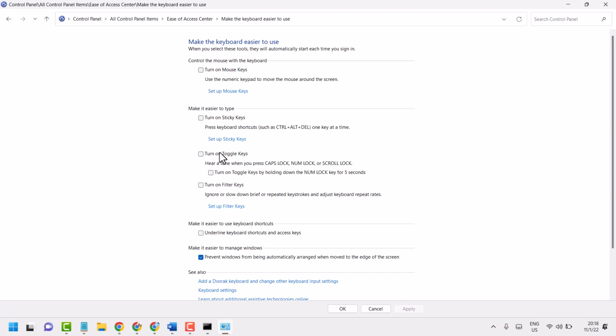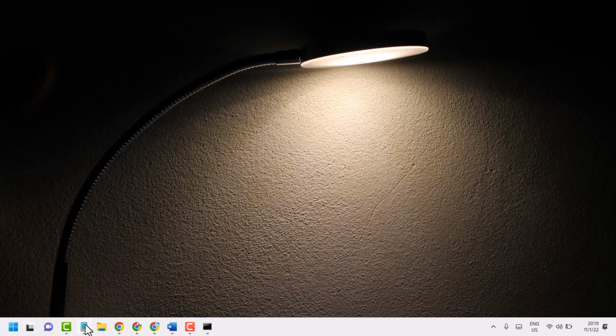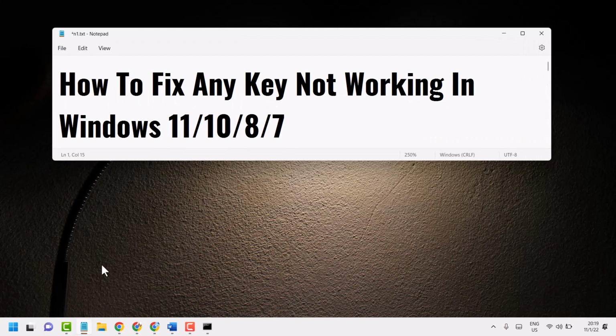If any key is selected, unselect it like this. Then apply, then click on OK. Now close and restart your system and try. Hopefully this method will work and resolve